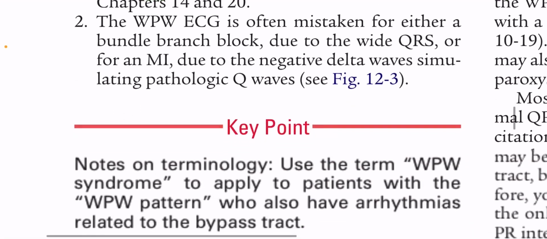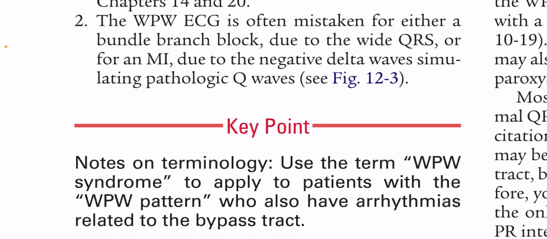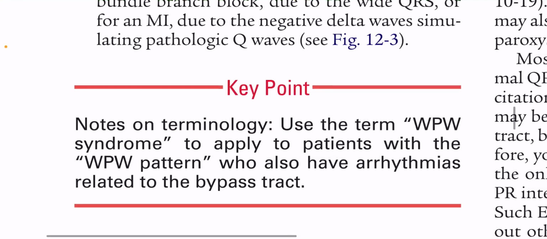The WPW ECG is often mistaken for either a bundle branch block due to wide QRS, or for an MI due to the negative delta waves simulating pathologic Q waves. এই যে WPW ইসিজিটা দুইটা জিনিসের সাথে মিস্টেকেন বা কনফিউশন করতে পারে, একটা হলো বান্ডেল ব্রাঞ্চ ব্লকের সাথে ডিউ টু ওয়াইড কিউআরএস কমপ্লেক্স, আর একটা হলো প্যাথোলজিক্যাল কিউ ওয়েভস ডিউ টু নেগেটিভ ডেল্টা ওয়েভস।